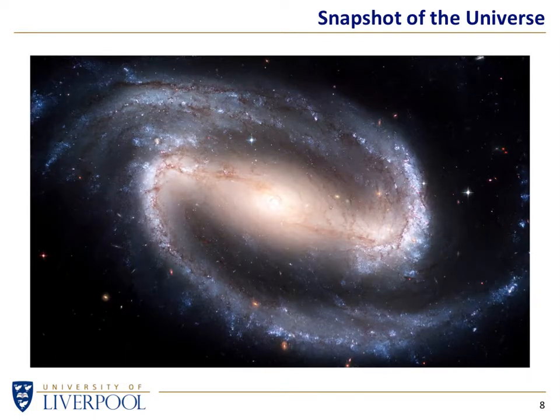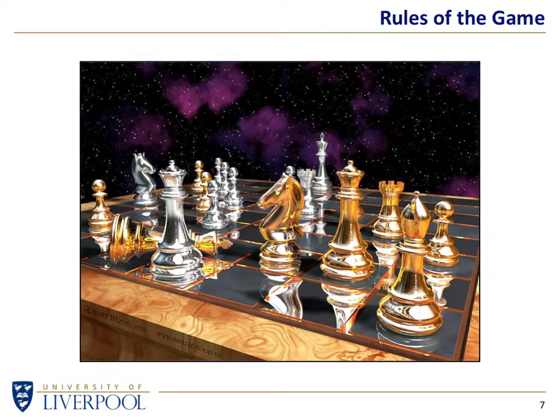But we can't do that with the universe, in the sense that if we look at that galaxy, we can't decide to, rather than take a picture, take a video of that and sit and watch it and see how this galaxy revolves and see how it changes and see how the stars come and go, how stars are born, how stars die. If we look at that same galaxy tomorrow, it will look pretty much the same. Look at it in another 100 years, it will look pretty much the same. Perhaps one or two supernova, and maybe the occasional nova, may actually change, but on the whole, the galaxy will look the same. It's very difficult to tell how things evolve just by staring at them. And so, unlike the game of chess, we can't watch a video of the game being played.